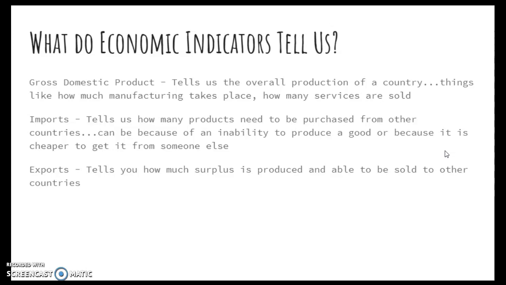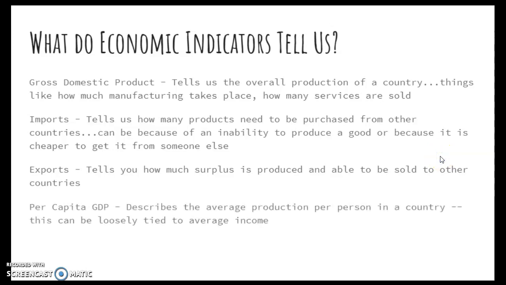and then they are able to sell it for a profit to other countries. Okay, the countries that have really high exports are the ones that have figured out and become masters of mass marketing, right? Of mass production, of producing a lot of goods. Okay, and then per capita GDP,